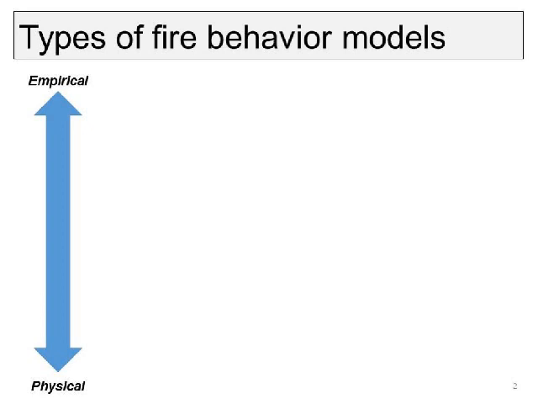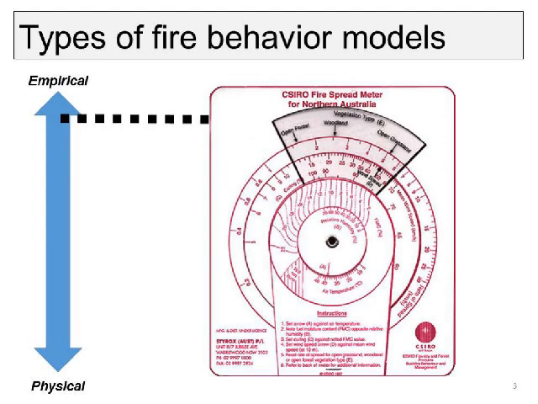So just to give some examples, on the very empirical side, we might have something like the fire spread meter developed originally by MacArthur in Australia, where we can just have some basic inputs, go out and observe things like the relative humidity and the temperature and the wind speed. And from that, we're able to just get a very basic estimate of a single parameter, in this case, the spread rate. So you can see it's very straightforward to use, quite simple, and we get a very clear, direct